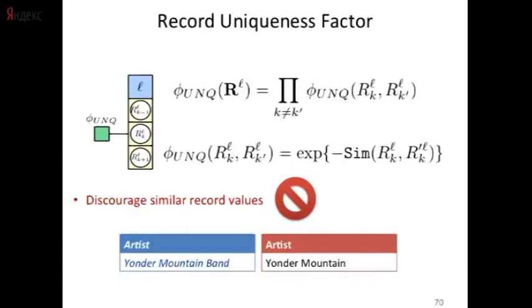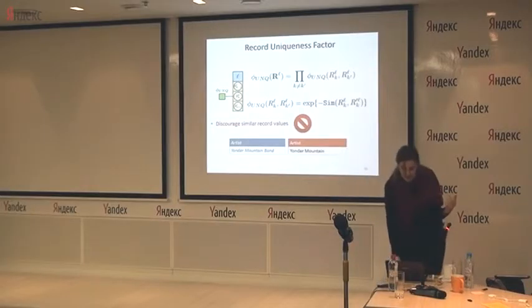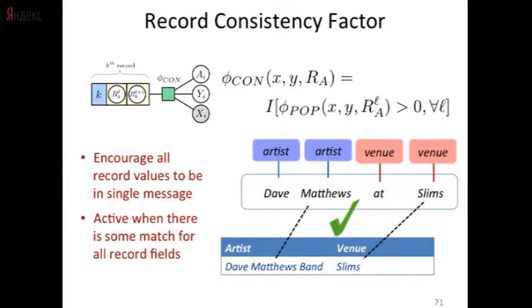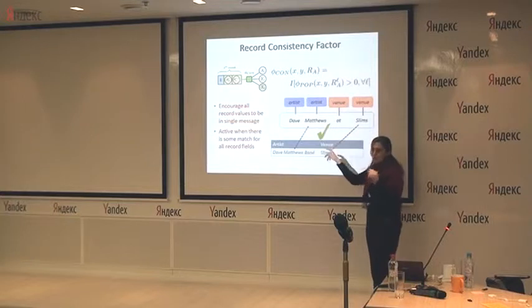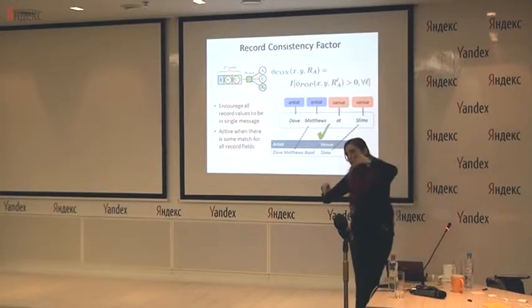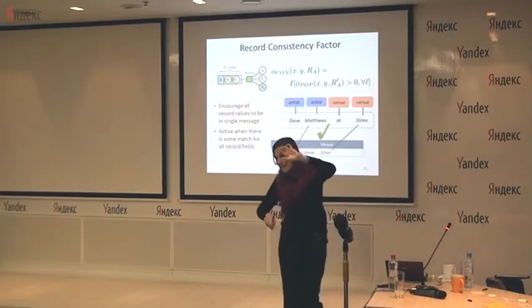It's another potential. You want to discourage generation of records which look very similar one to another. And finally, you want to make sure that there is a consistency, meaning that you have all record values in a single message. You don't want to create a situation where you extract the names, let's say, from one set of language messages